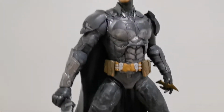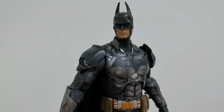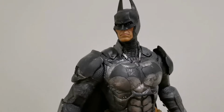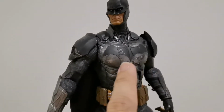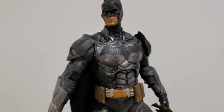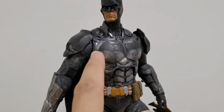Actually, what I have done, I took off some of the smudges on the face. Earlier, the face actually had a lot of this dirt. Other than that, I toned down the silver color at the chest plate. There's a lot of silver on the body, so similarly on this